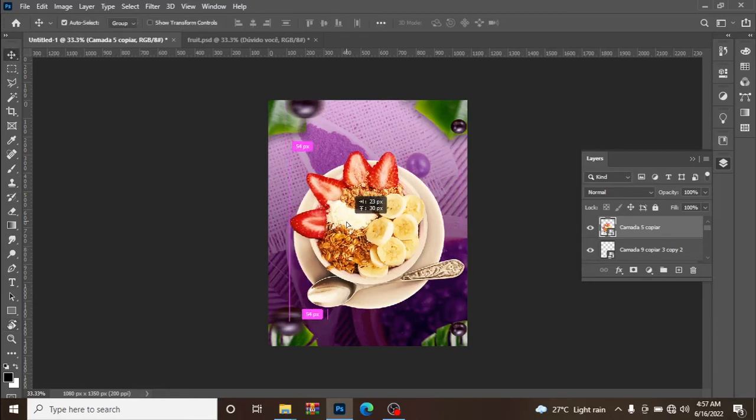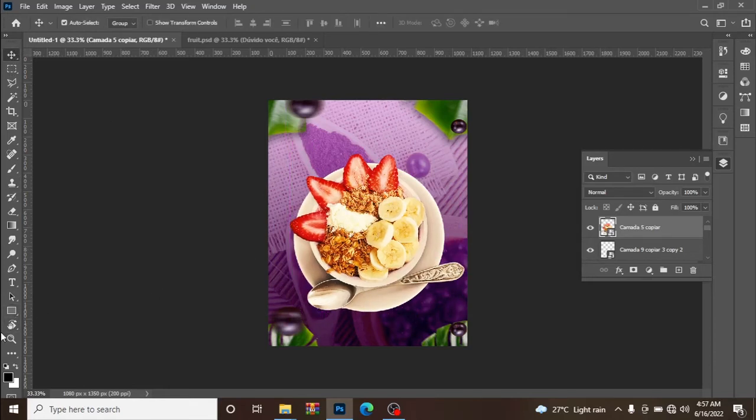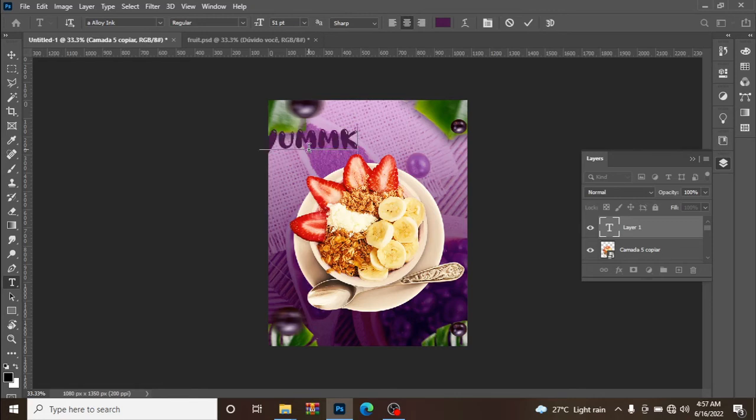Let's add text to it. Come here for your text, horizontal like this. So for this we'll be using Alloy Ink. Let's type yummy. So let's make it brighter